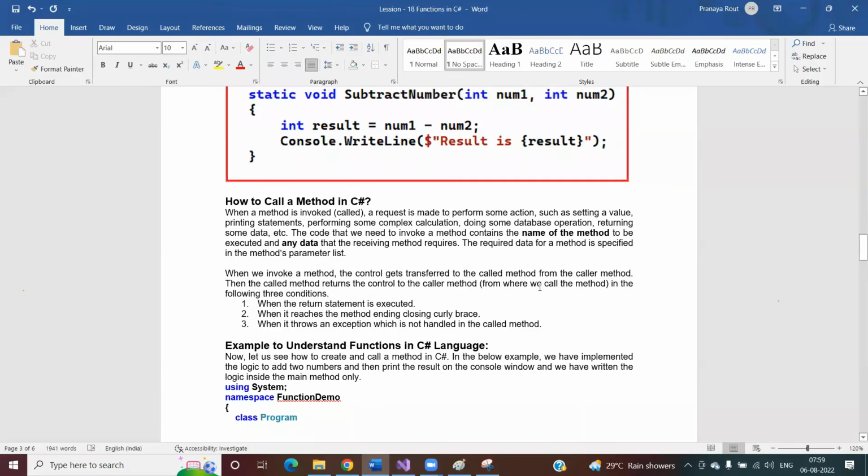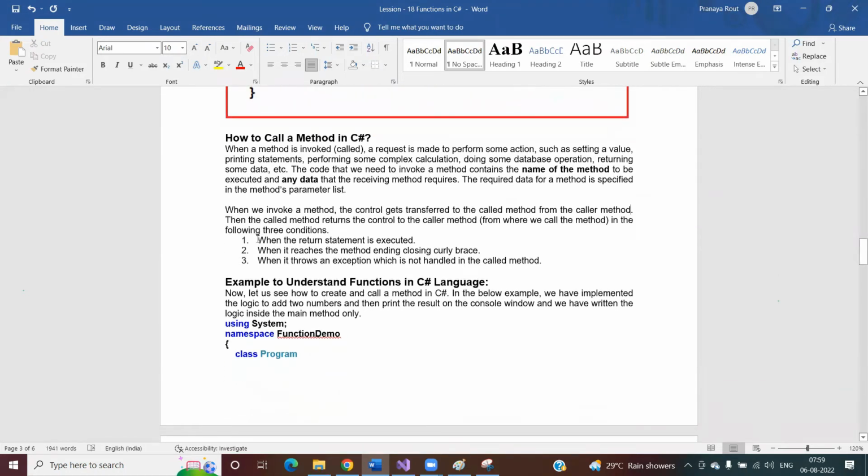Now here we need to understand, and you need to remember one thing. The called method returns to the caller method in the following three conditions: when the return statement is executed, when it